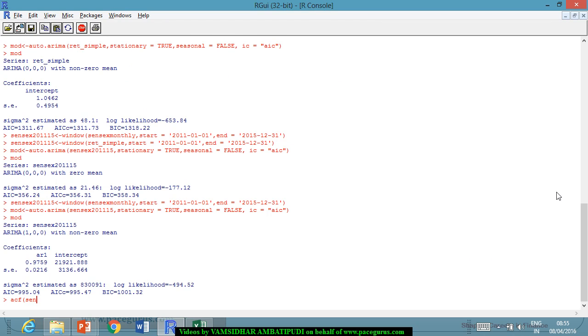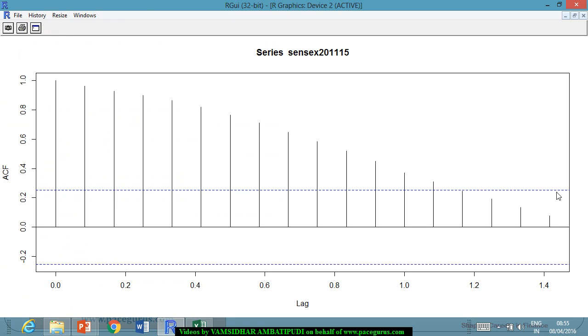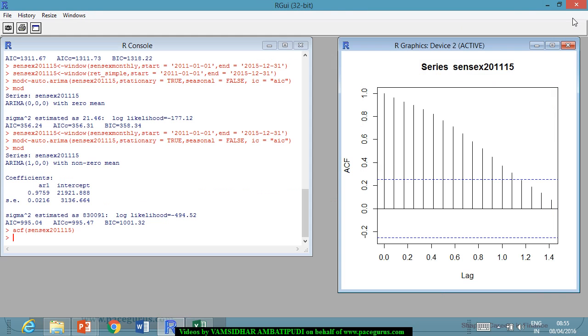So I'll do an ACF of Sensex 2011-15. When I'm doing the ACF of 2011-15, I could see that the correlation with respect to the first one is much higher, almost very highly dependent, and after that we see that there is a gradual fall in the correlation function,